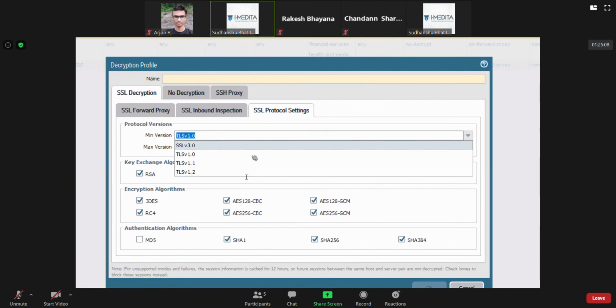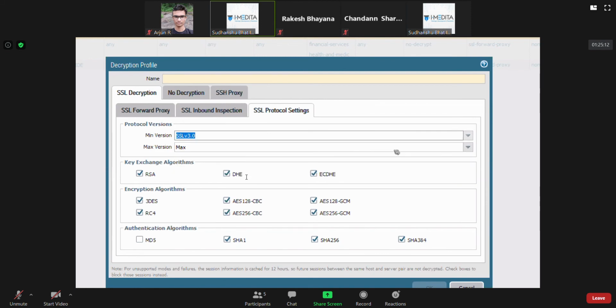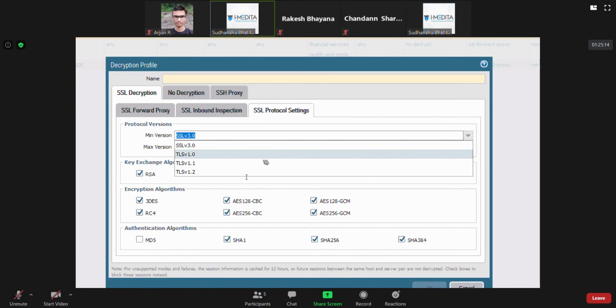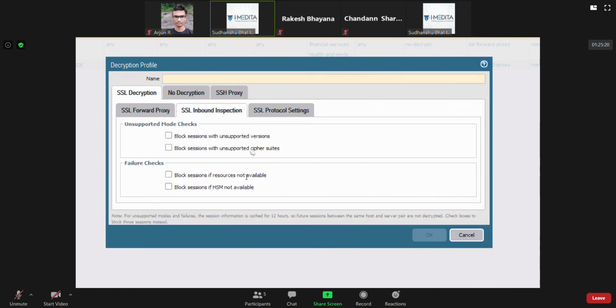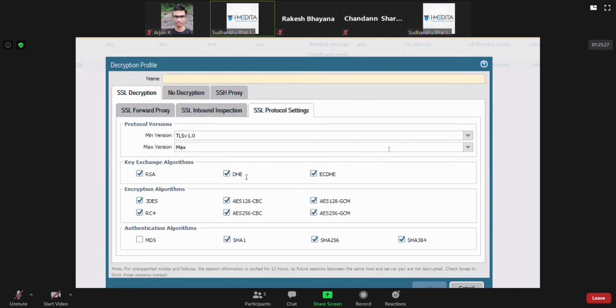Like here, if you want only SSL version 3, because there are some vulnerabilities found even in older versions of TLS. So you can define a minimum version and a maximum version. Similar to that, you can block people from accessing this website if they are trying to use an older TLS version.